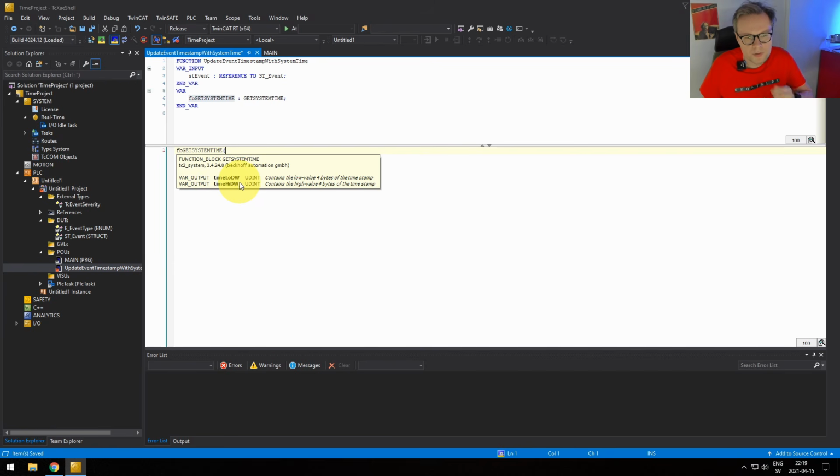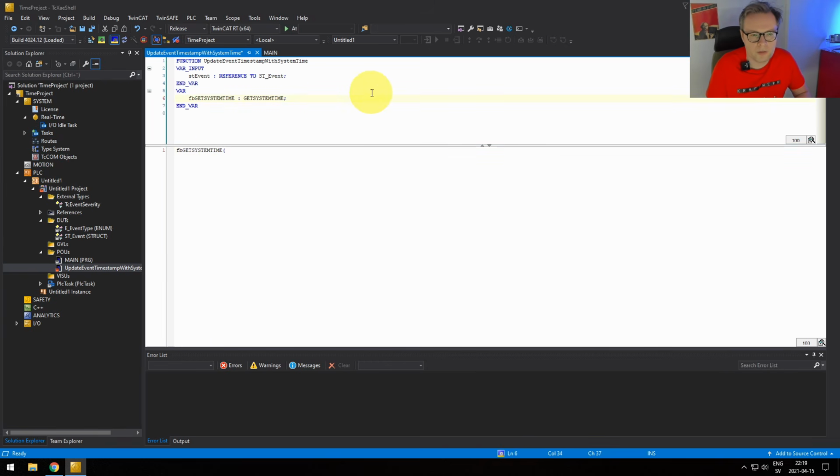So this only gives us the system time in some weird format. So we're probably going to have to convert the system time into a date time. Hopefully there's going to be another function for this. For right now, we'll just save these values into two local variables. We'll call them n time low and n time high.